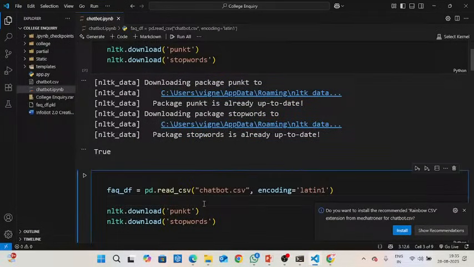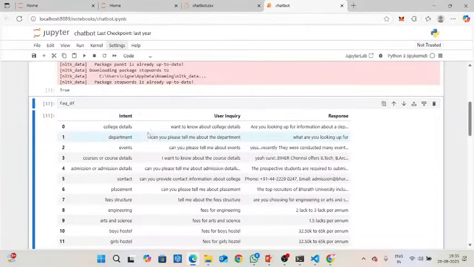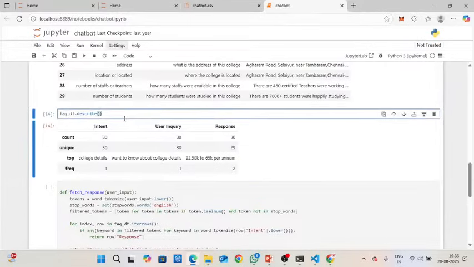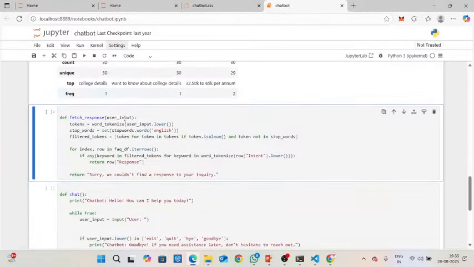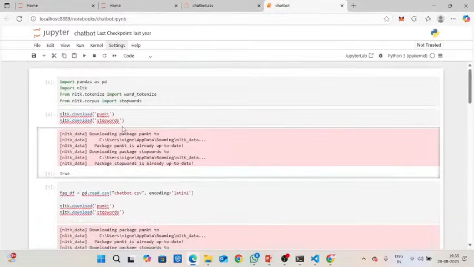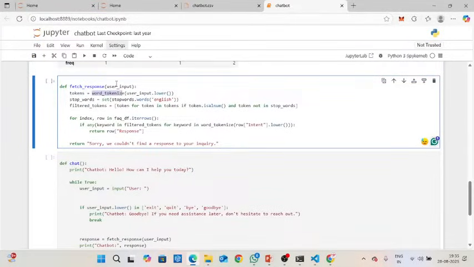Okay, first I want to run this cell. Next I need to run this. Okay, now I created one function. The function name is fetch_response, and I want to pass an input to that function. So I give an argument as user_input, and created one variable with the name tokenizer, using the inbuilt tokenizer function that I already imported. I imported word tokenizer here. I am going to use that word tokenizer, and then I need to pass the user input,